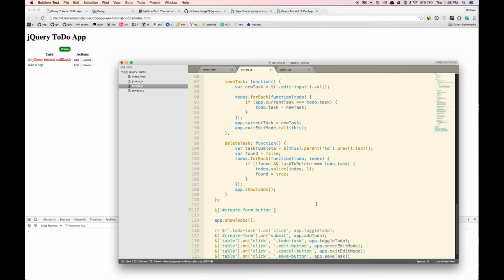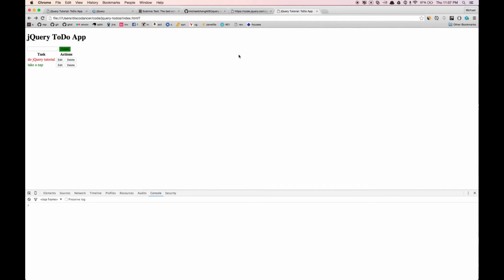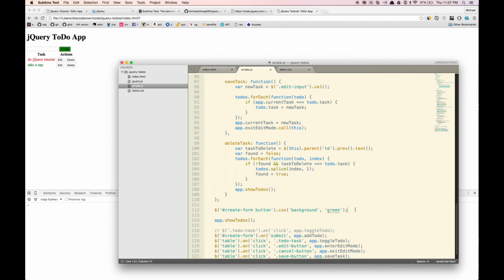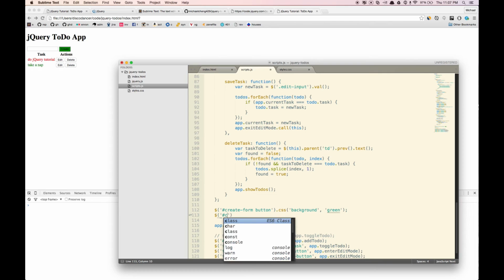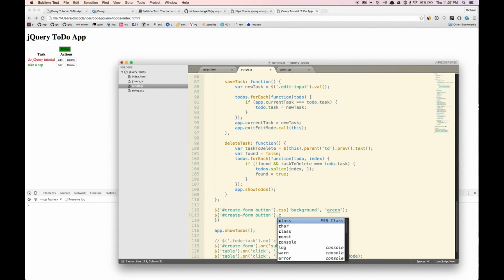And what we can do here is we can do .css. And I'm going to show you two different ways to manipulate CSS this way. So we can do background with a string quote, green. And so if I were to refresh the browser here, it's going to turn that button green. And then there's another way to do it, which is with just an object. So let's just do create form button .css, and we can put objects in here as well. So we can do something like